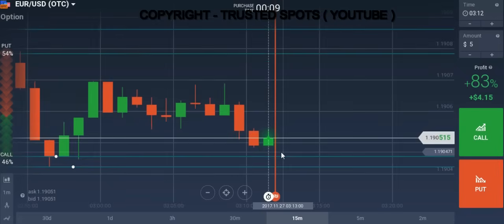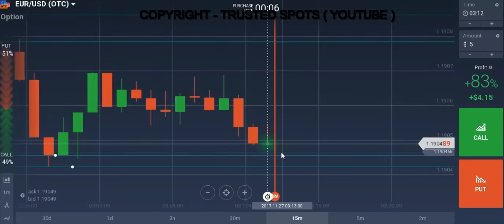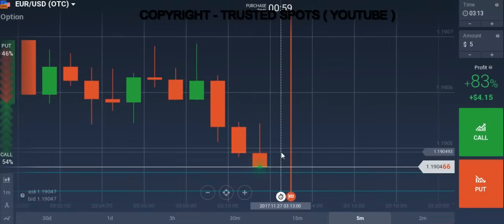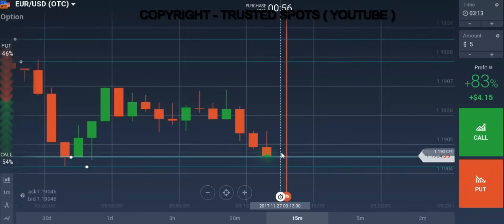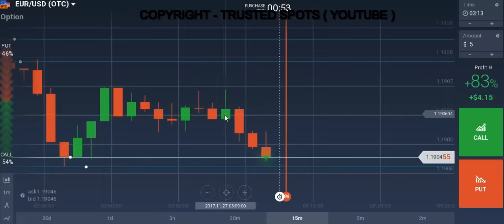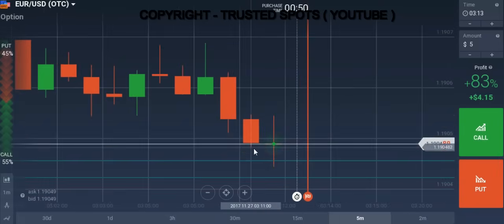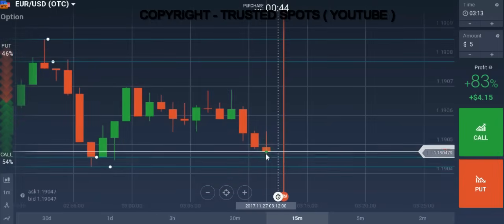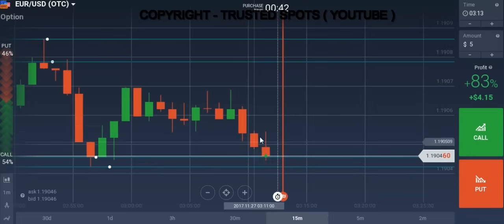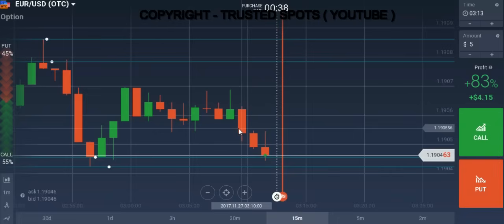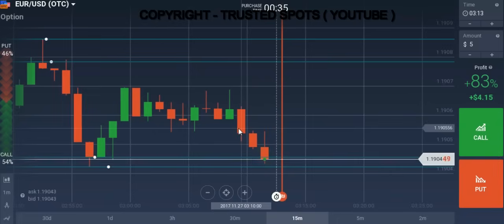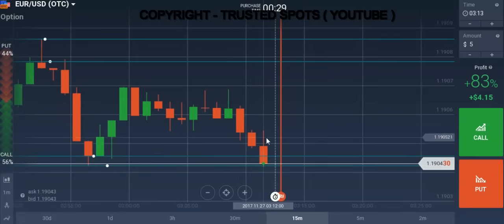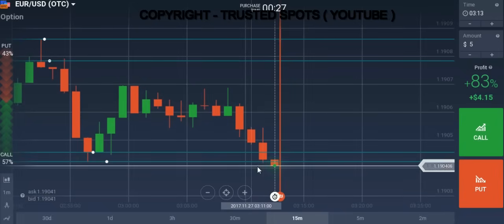The story will not give you 100% clarity on where the market is going to go, but it will certainly give you a hint of like 30 to 40% that this is the direction where the market will go. As you can see, this candle was a strong candle, and the market till this level didn't hit our support, and so the market goes down. This candle shows us that market wants to go down. This candle shows us that market wants to go down. The story tells us that there are chances that market wants to go down. If we go with the story, it is an easy win, but sometimes it may be a wrong signal.